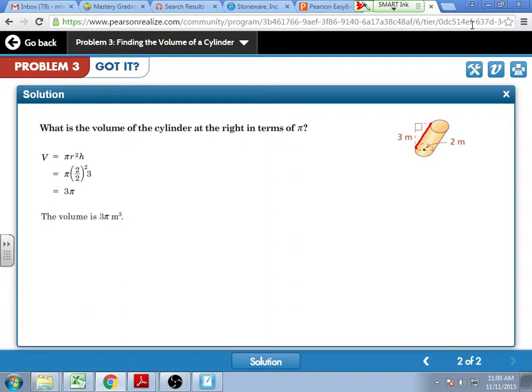So all that to say, if and when you see this on your homework or a mastery, that's how they notate it. That's how the Pearson book notates it. Emily? A good way to think about it is like you have a stack of quarters and you shift it to the side, it's still going to be the same volume as if you have it right. Yeah, that is a good analogy, a way to think about it.